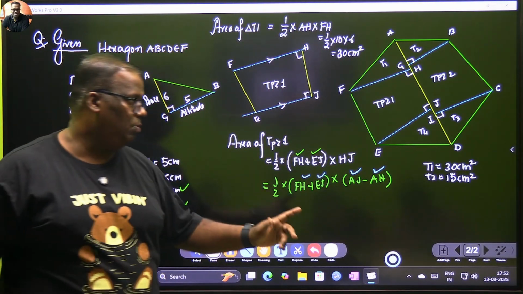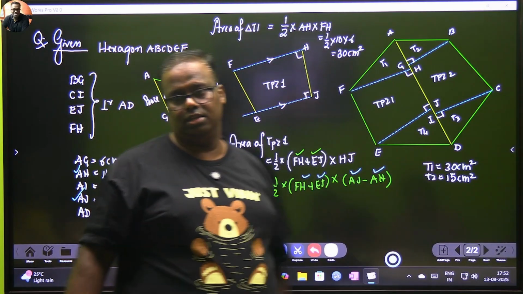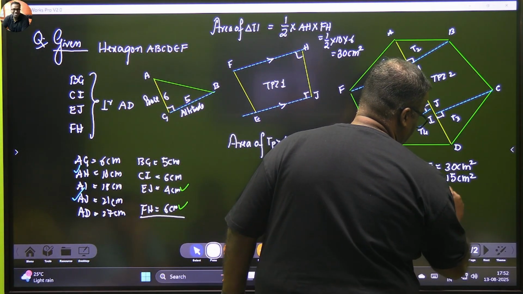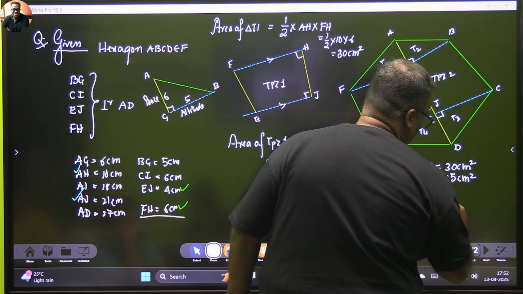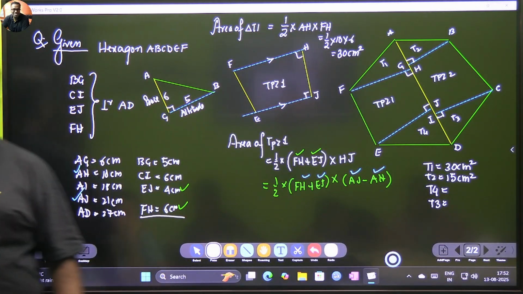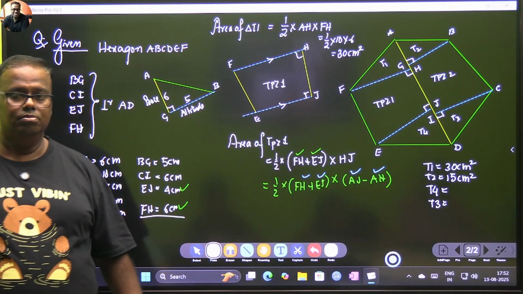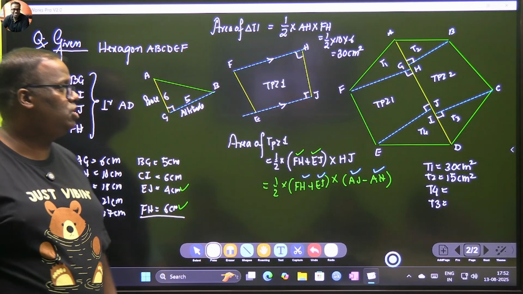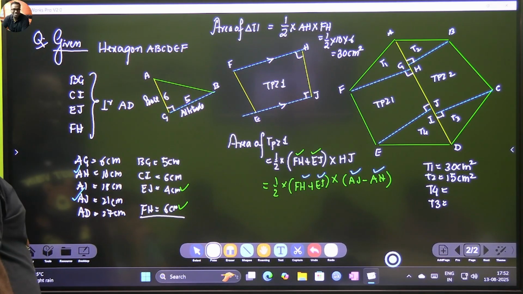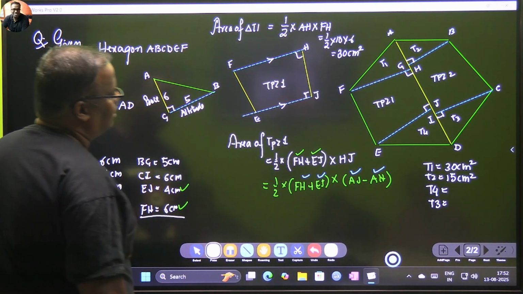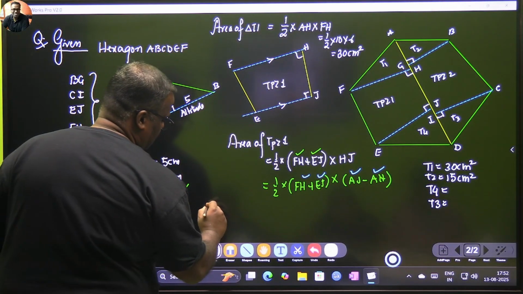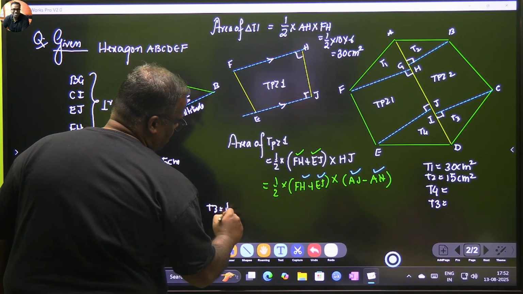Our next job will be to find T4 and T3. T4 and T3. If anyone has the data, he or she can speak out. T3 is 12. How did you get 12? Half into DI. Now T3 would be equal to how much? Half into